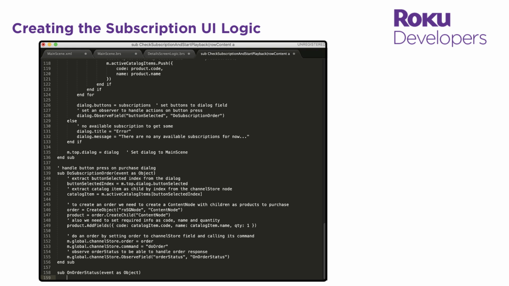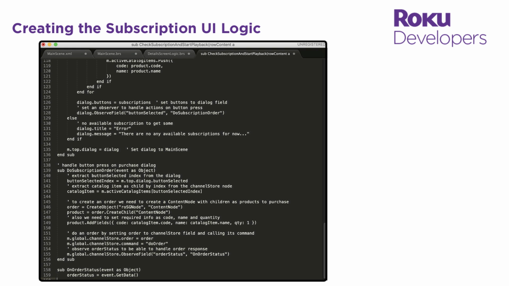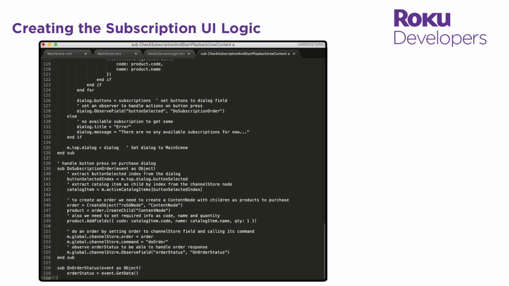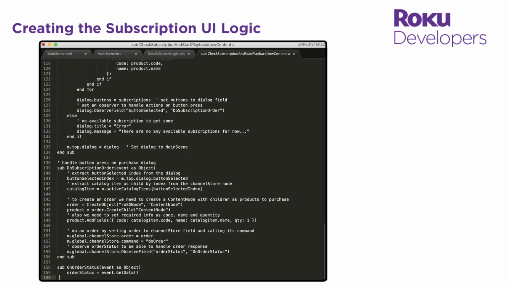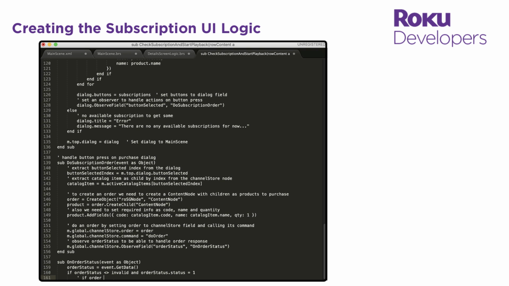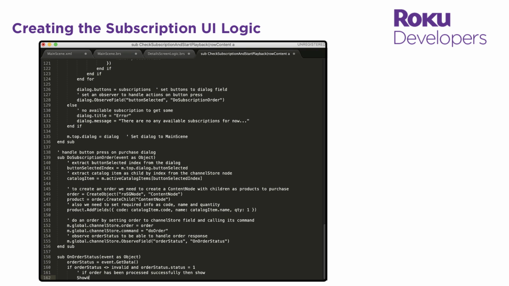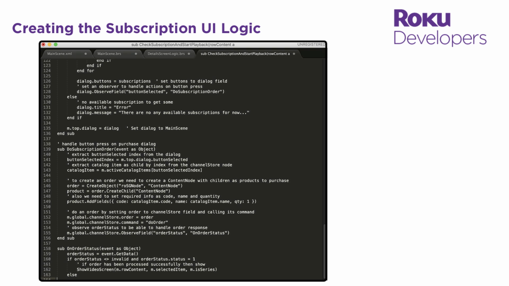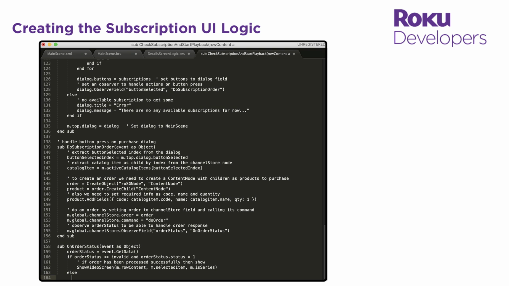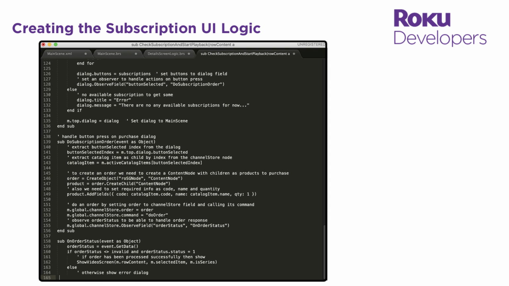So this method takes an event and it gets the order status content node that generated the event and stores it in an order status variable. If the order status content node is not valid and its success field is set to 1, we'll call the showVideoScreen method with a row of content, index of the selected video, and the isSeries flag, which launches the video into playback. If the success field is not 1 because the order was canceled or an error occurred, we'll display